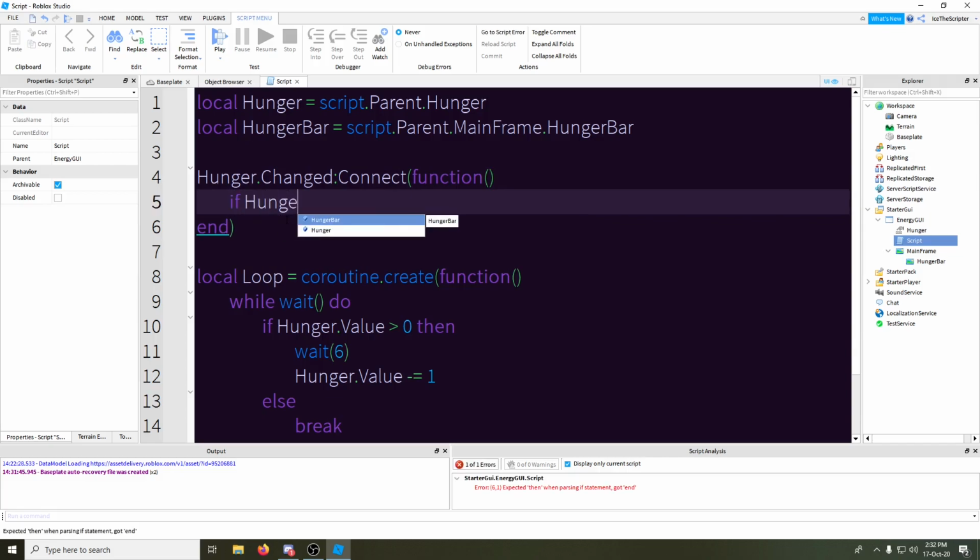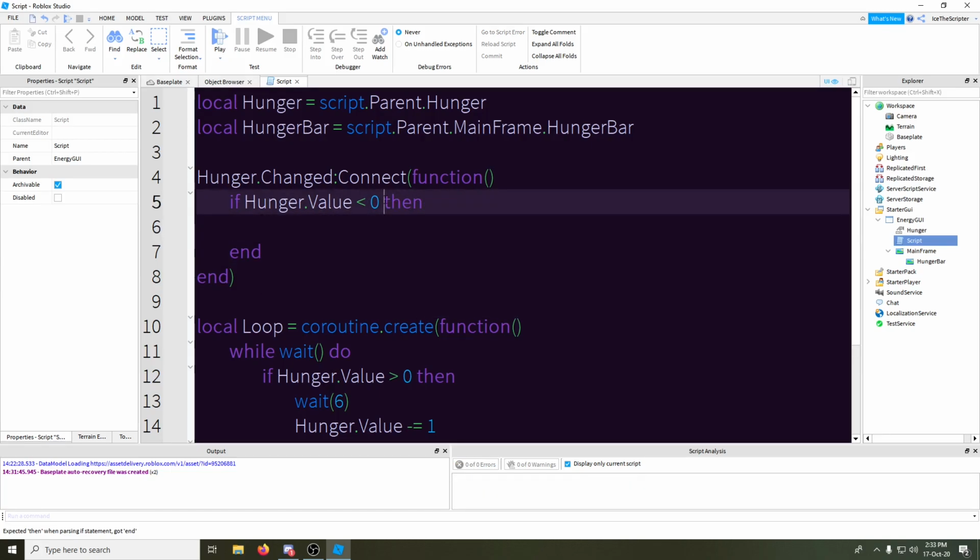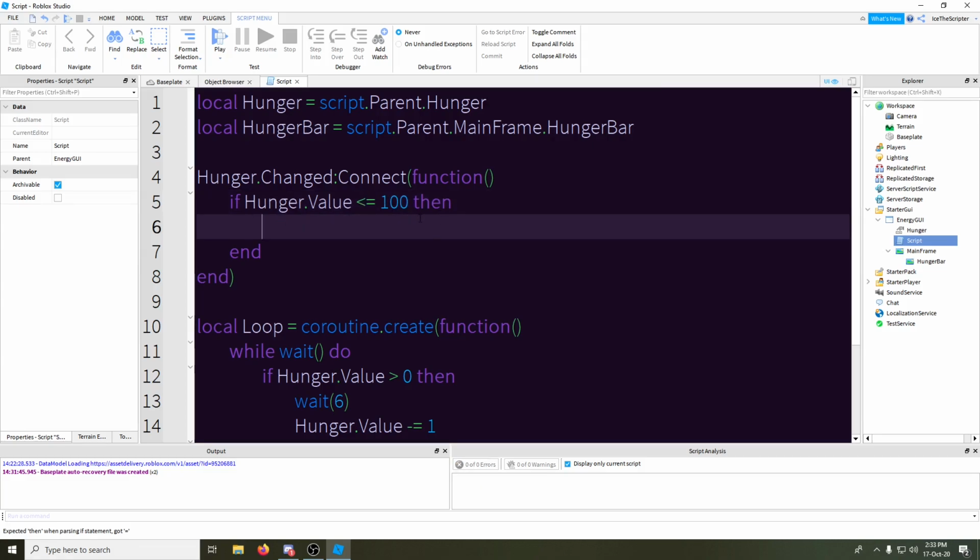If hunger.Value equals 100 or a little bit smaller, then okay, so this is fine. Else if hunger.Value is smaller than 15, then